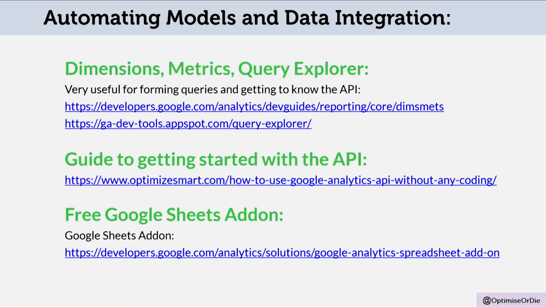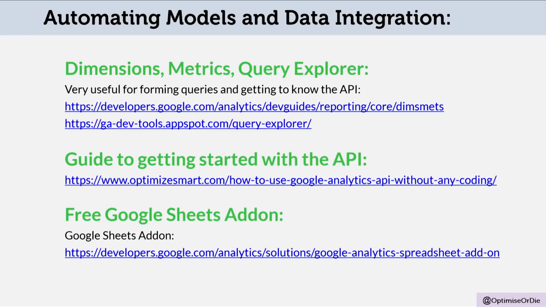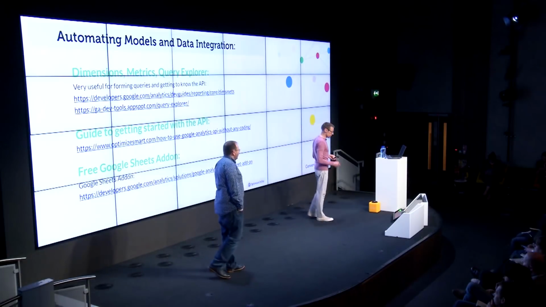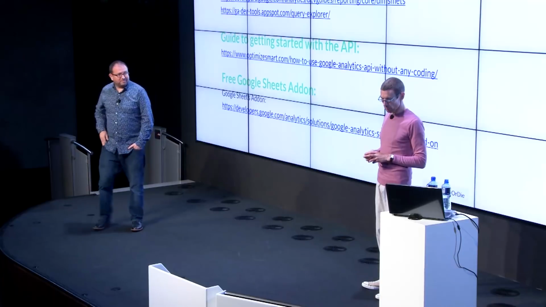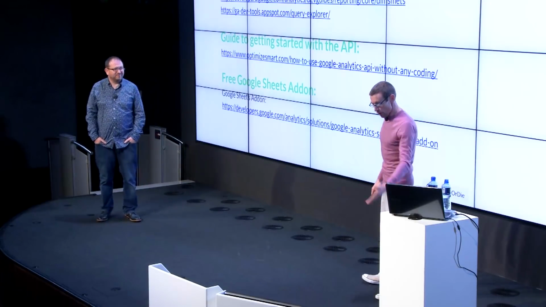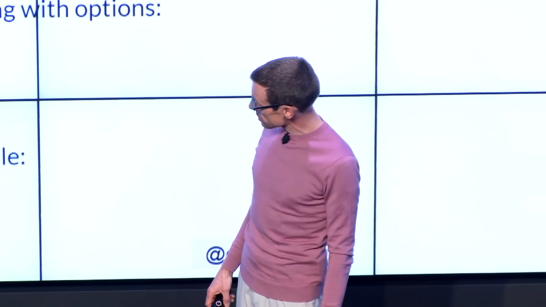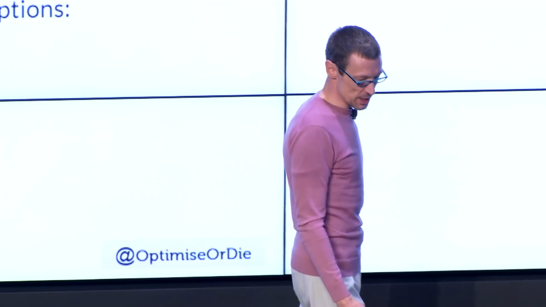But there's even a tool that will do it, which is called Profit Grid. So have a look at that one too. app.profitgrid.io. So if you want to do this kind of stuff yourself, you don't need to be a developer or a coder. I don't code anymore, I can't code full stop. So these tools have been a godsend for me. There is stuff for Google Sheets, there is stuff for pulling data out of Google Analytics, and there are some additional tools here that will allow you to integrate